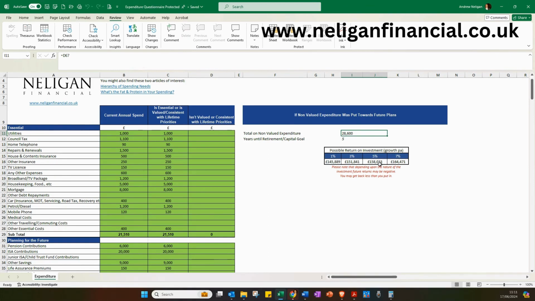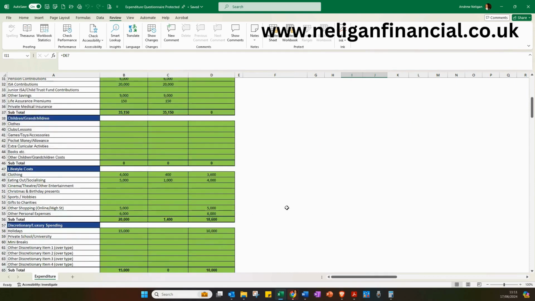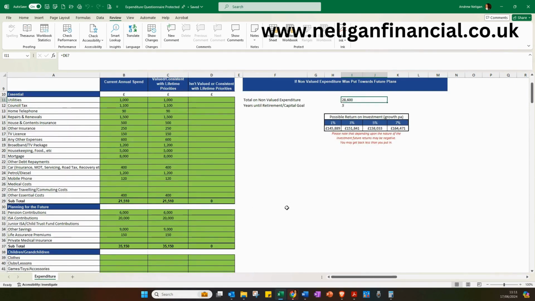And now what we can do is take those figures and say, if I know that my annual expenditure, my ideal expenditure is however much a year, let's use this figure at the bottom, let's say it's £58,000, let's round it down. How much do I need in my personal wealth, so pensions and savings and investments, that's going to support me for the rest of my life and provide me with that £58,000 a year? And that's where our calculator comes in.